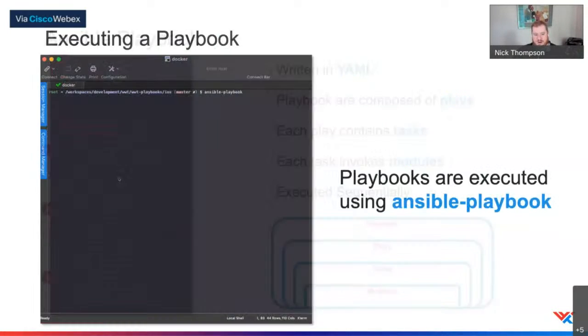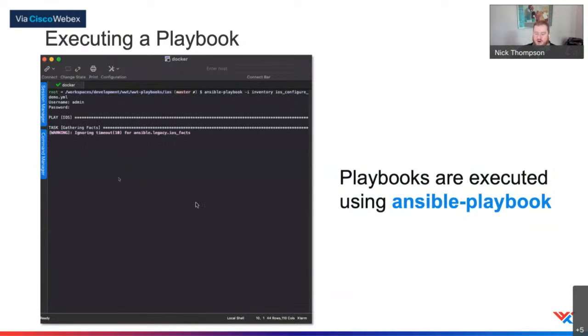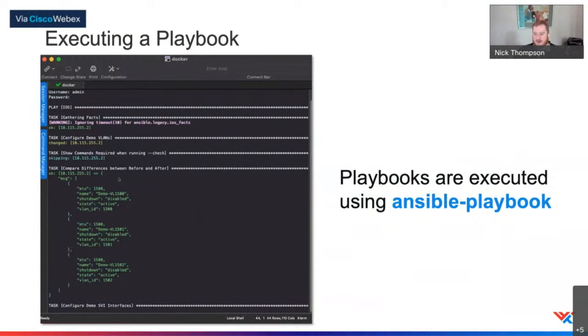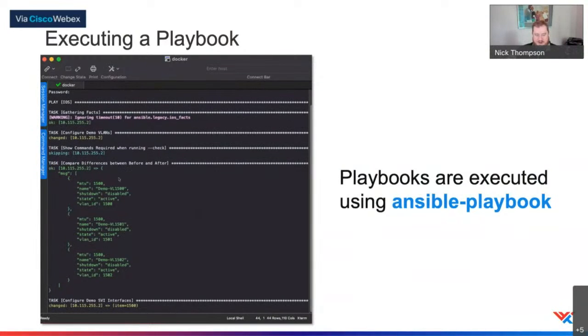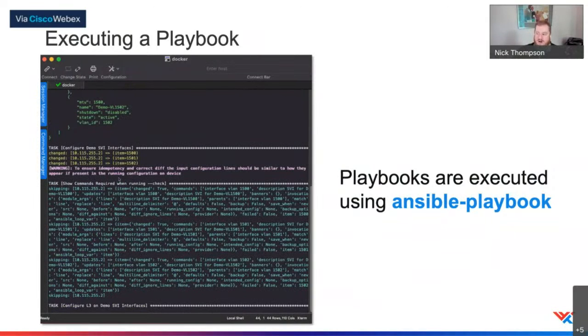To execute a playbook, you run the ansible-playbook command from the command line. In this example, we're calling a playbook from the command line, feeding it an inventory that says, hey, go target this device. And then it's going to go out and do its thing. So this playbook in this example is going to go out to a switch. It's going to configure some VLANs and put some IP address information on them. Whether you're targeting an F5 load balancer or a Cisco switch or a Linux host, if you're using the Ansible Engine product from your workstation,